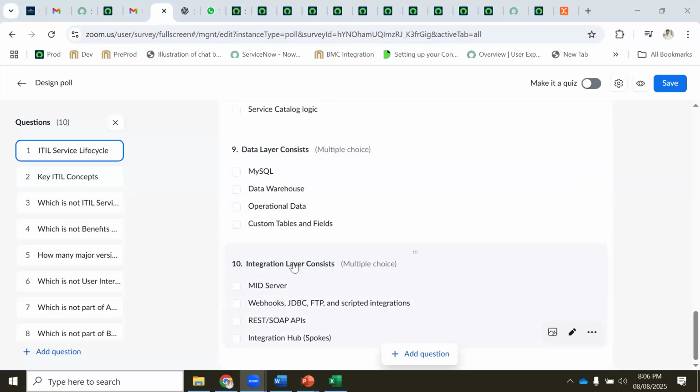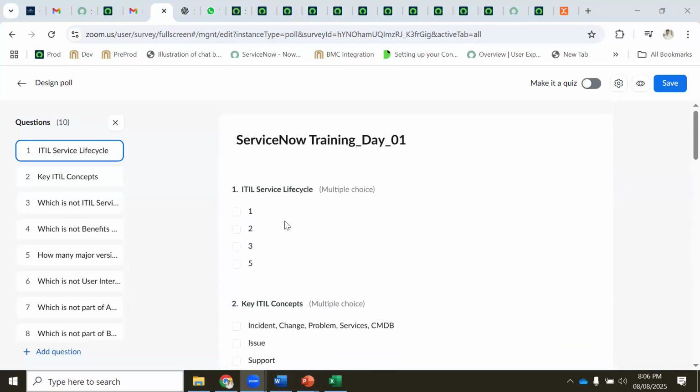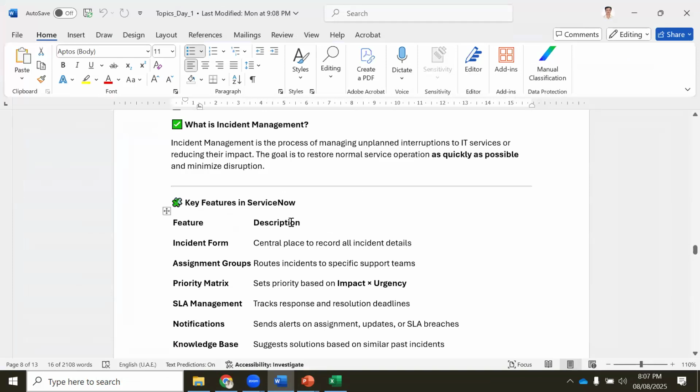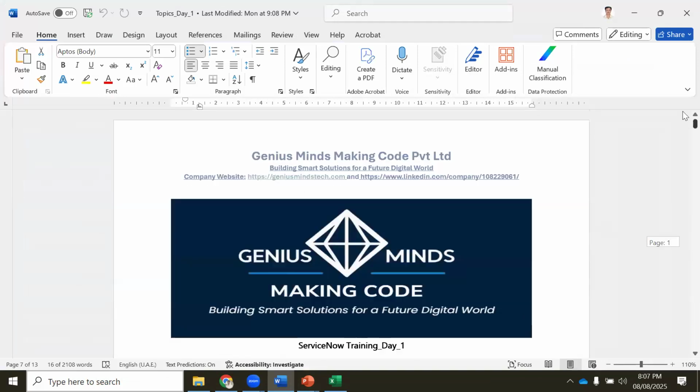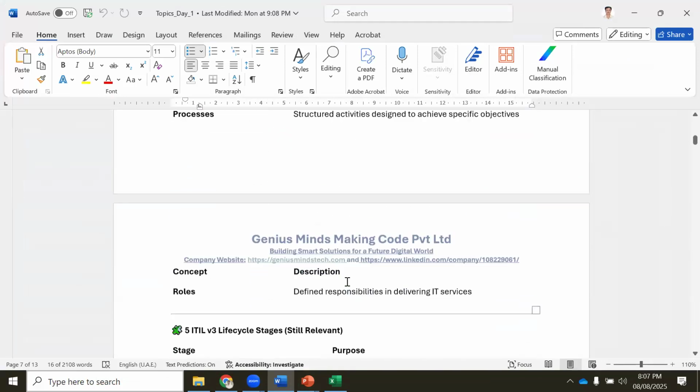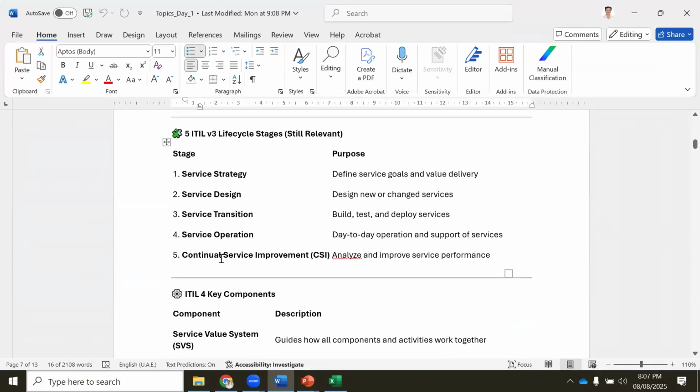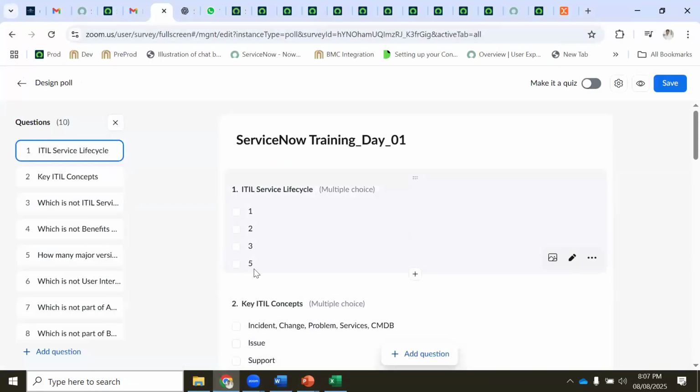Okay. So let's go back to our notes. I'll not ask for answers. So we'll discuss here what the ITIL life cycles are, correct? We discussed this one. What are the life cycles of ITIL? So 5, correct? Service strategy, design, transition, operations, continuous service improvement. 5 life cycles.